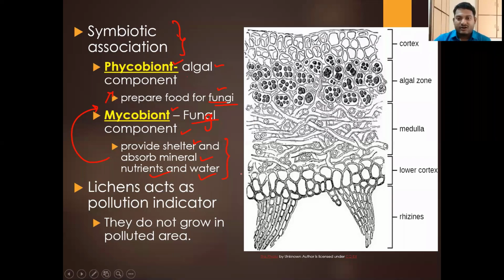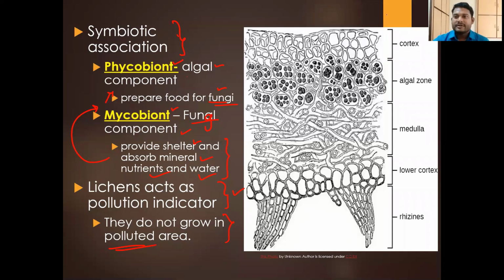So the lichens also act as a pollution indicator. Why do we say pollution indicator? Because in a polluted area, there is going to be no growth of the lichens. Lichens will grow only when there is less pollution, or in a pollution-free environment. So you have to understand that in many cases there is a mechanism. When in class 12 we learn, it is something called industrial melanism. So the growth of the lichens is affected heavily by the amount of pollutants in the air, especially the air pollutants.